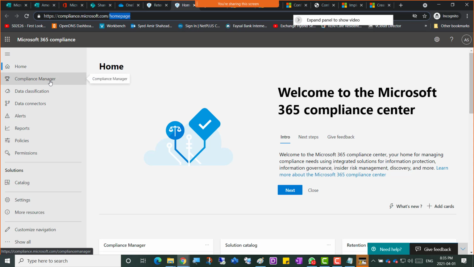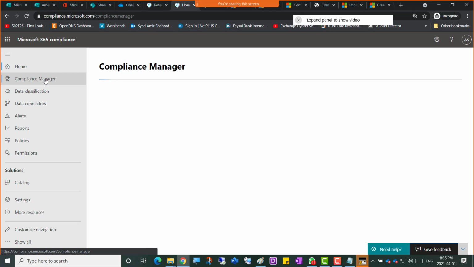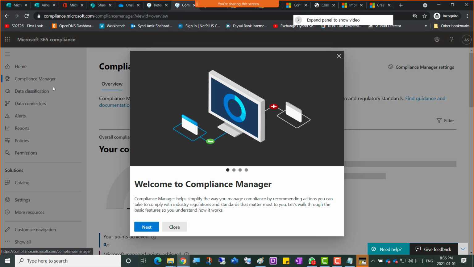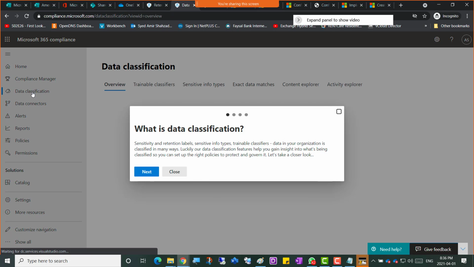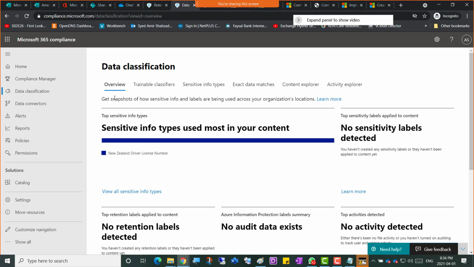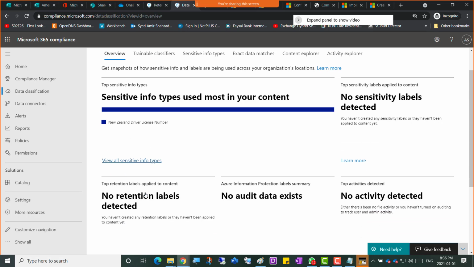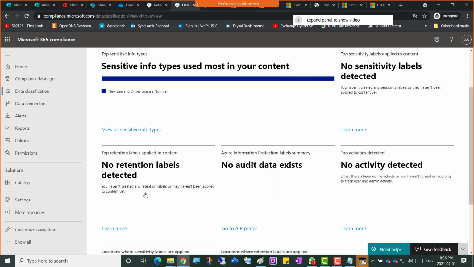There's Compliance Manager here as well. If I click Compliance Manager, overall it's just saying how compliant you are to whatever the vendor policies of security and compliance are. So we don't need to go there. Data classification, if I click that and close it: data classification, content explorer, no retention labels. So its retention is actually